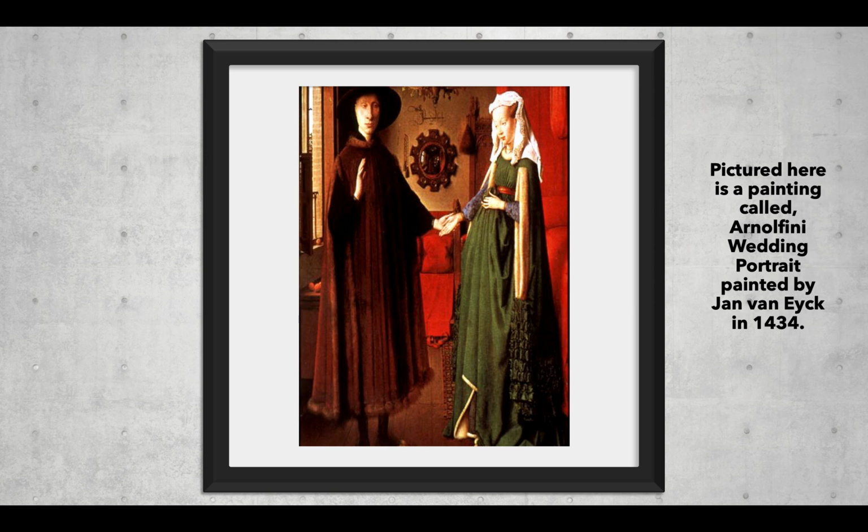Moving on to the definition of beauty at this time, we are going to cover what the common elements of art were in the European Renaissance. One of the main themes of the Renaissance was to depict people and scenes as they naturally are in life. Artists wanted to make the viewer feel like he or she was seeing something that was happening firsthand. A popular painting in the Renaissance was done with oil paints, as it was a very popular medium at the time. Pictured here is a painting called Arnolfini Wedding Portrait, painted by Jan van Eyck in 1434.